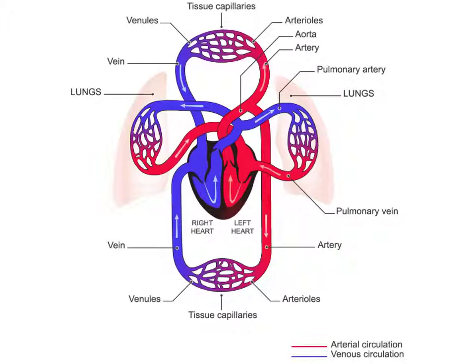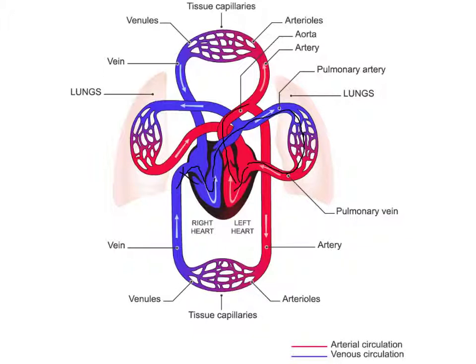So here we have a diagram representing the circulatory system. Let's start here where I'm drawing that X there. That would be the vena cava. So blood enters the right atrium from the vena cava into the right ventricle. It is then pumped out of the right ventricle via the pulmonary artery and it travels to the lungs where it picks up oxygen. The oxygenated blood then travels down the pulmonary vein to the left atrium, then travels into the left ventricle. Blood is then pumped out of the left ventricle via the aorta